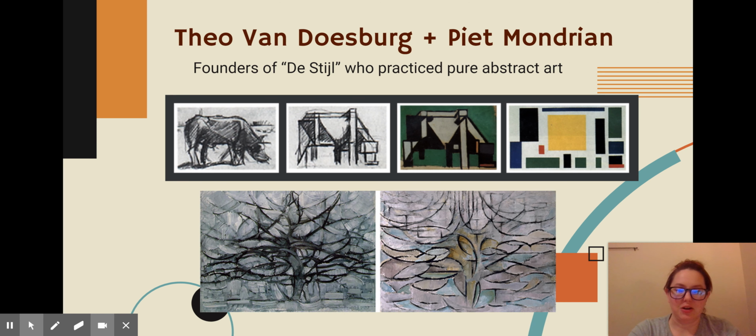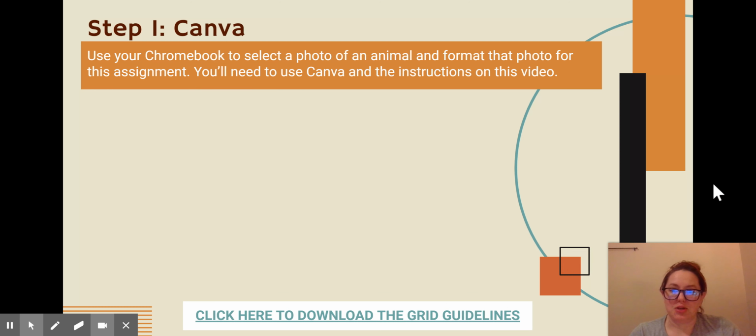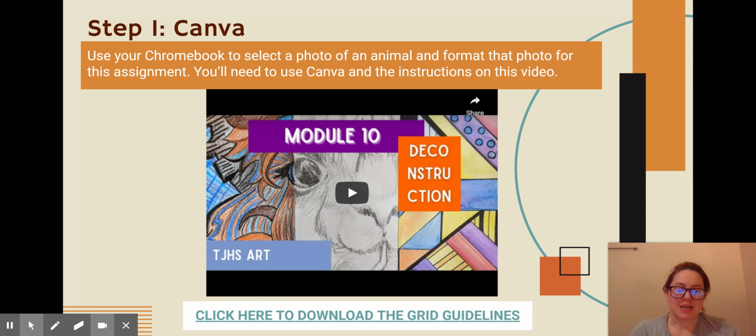And he wasn't the only artist that did this too. Piet Mondrian, one of the founders of the Stijl movement, also practiced pure abstract art, and he did the same thing with trees, where they started realistic and then he eventually broke them down more and more, so you couldn't tell what they were. They became non-objective. So we're going to basically do the same thing, but in one composition, and you're going to deconstruct the face